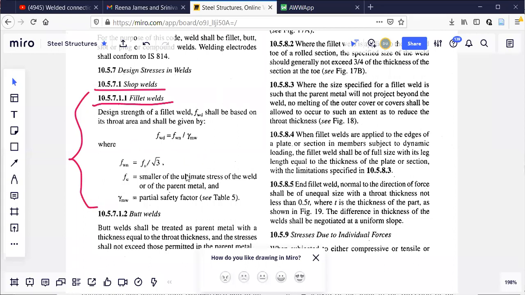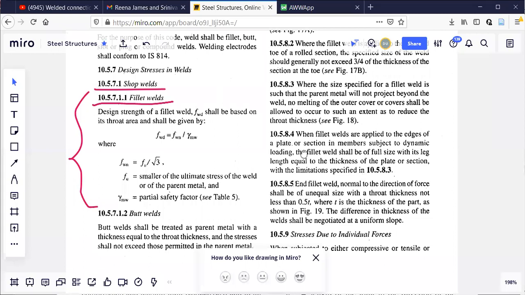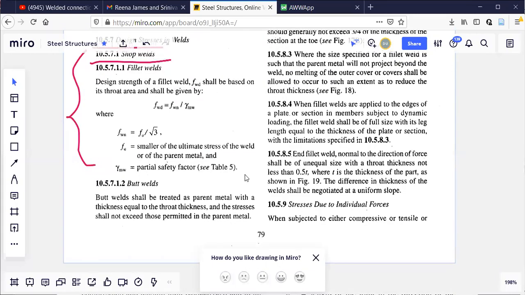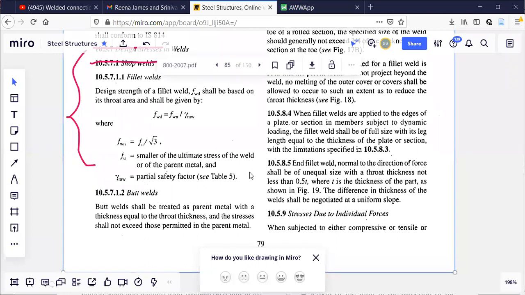So what I was telling is every formula is available in this code book. You should know which page number. So for example, if you are having a hard copy of your syllabus right now, immediately what you should do on module 2, you write this page number 79. Write page number 79 for welds. So in every module, the moment I show you that particular page, you should write it.